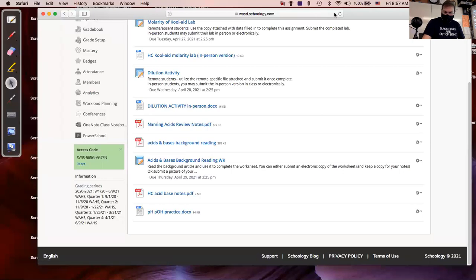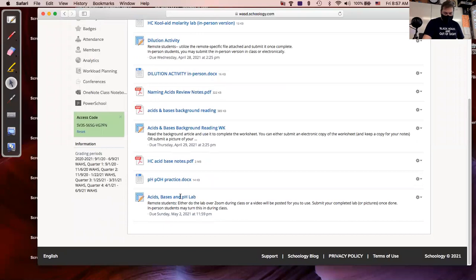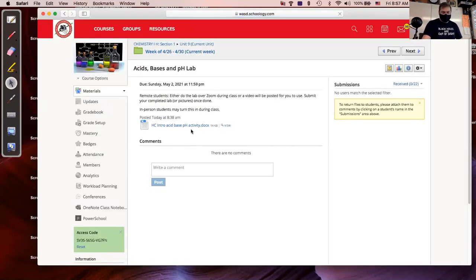All right, so for remote students, the lab's in there now. So it says acid, bases, and pH lab. It's at the bottom. And just in a few minutes, I'll upload a video to YouTube and put a link here and also put it in the updates for the data for the lab itself. But basically, the lab has a list of common household things,